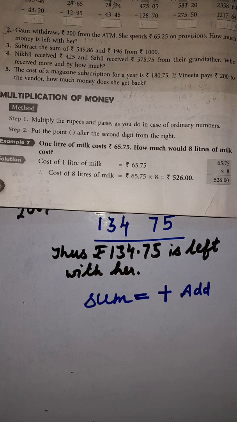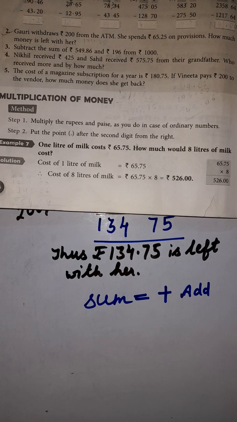Let me tell you one easy example. You spend 10 rupees for chocolate and 5 rupees for a pencil, right? Or toffees. You spend 10 rupees for chocolate and 5 rupees for toffees, and you have 20 rupees. So how much money have you spent?